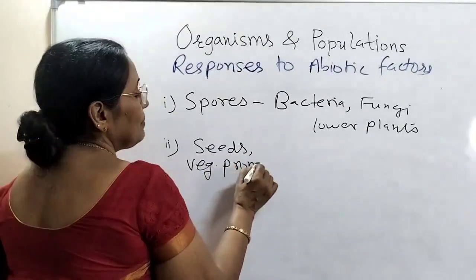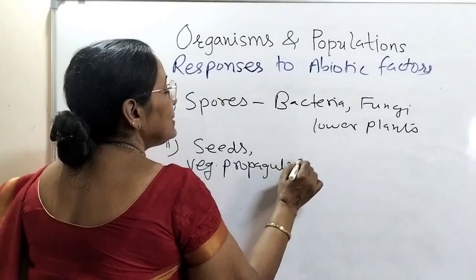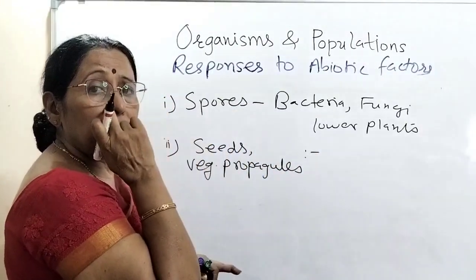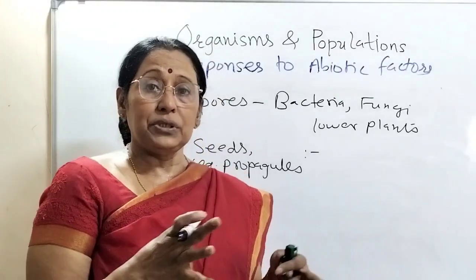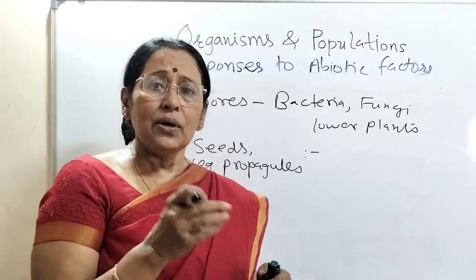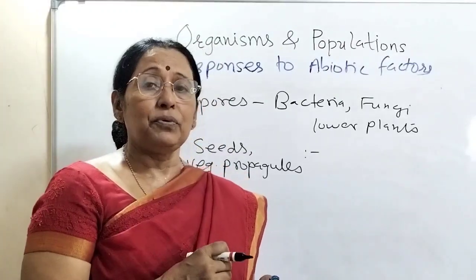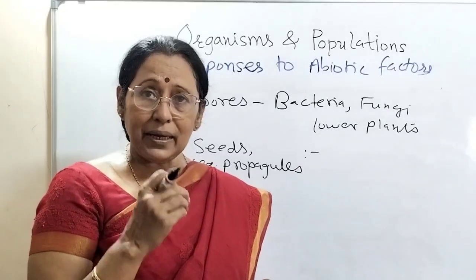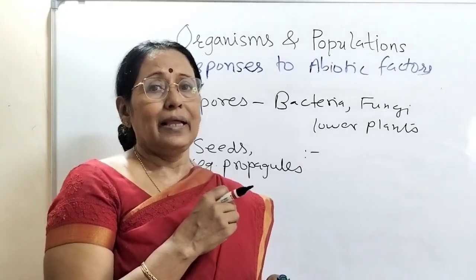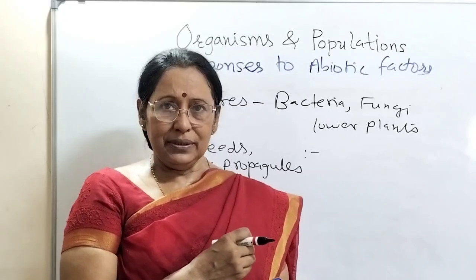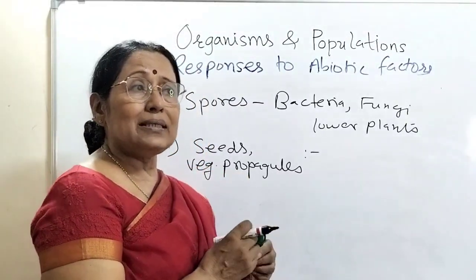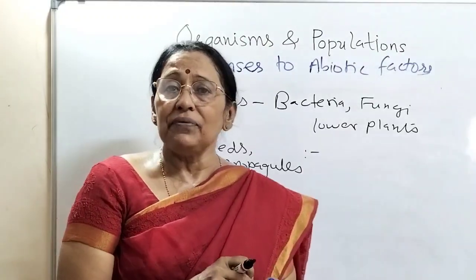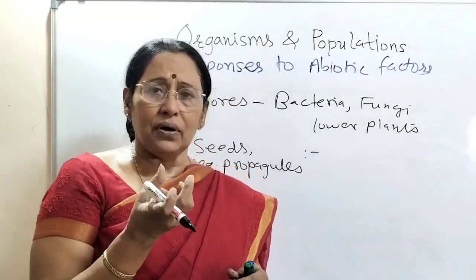Second, in higher plants you will find that they have seeds and they have vegetative propagules. Vegetative propagules का मतलब समझ में आया? जैसे vegetative propagation you know ना, तो vegetative propagation मतलब फ्लावर के अलावा जो दूसरे पार्ट्स हैं, रूट, स्टेम, लीफ, उसमें से किसी से अगर प्लांट रिप्रोड्यूस करता है then it is vegetative propagation, और उन पार्ट्स को कहते हैं vegetative propagules.